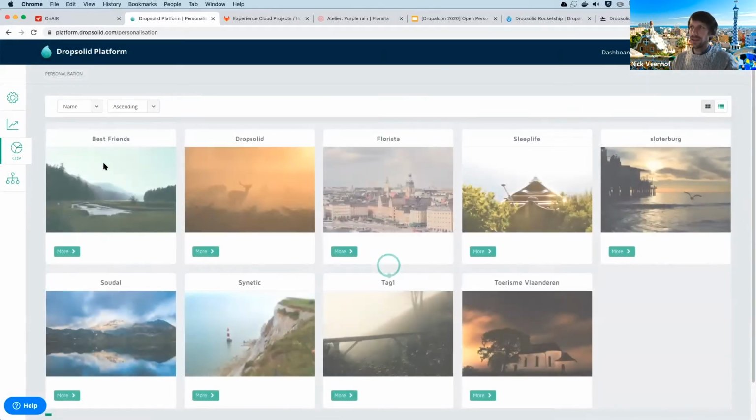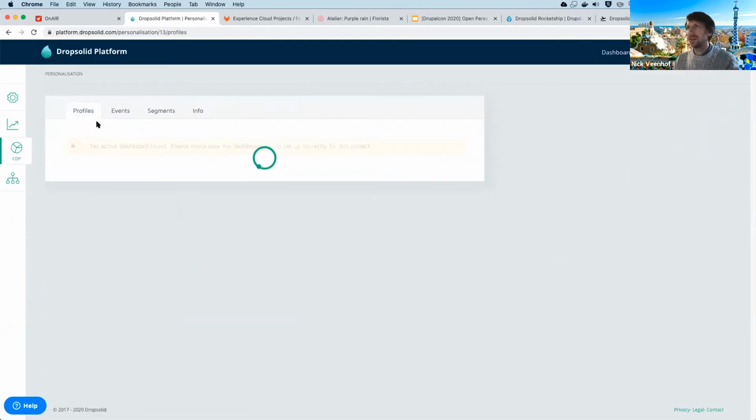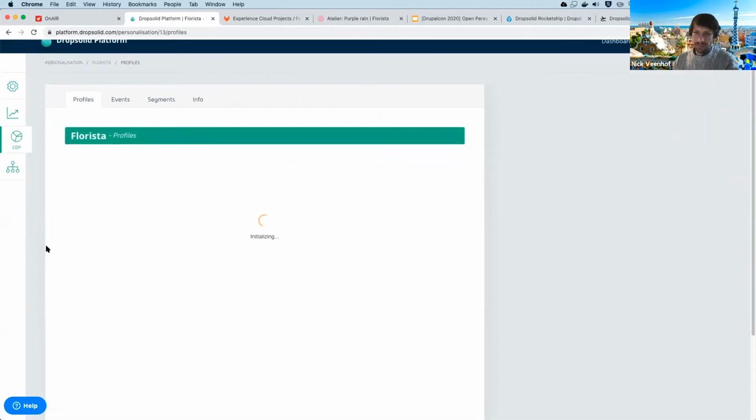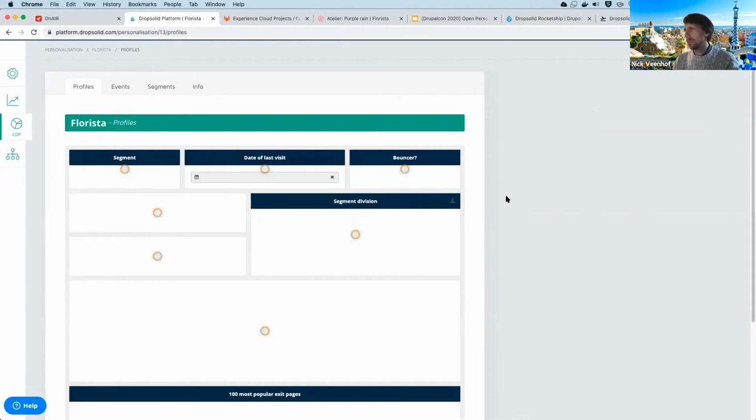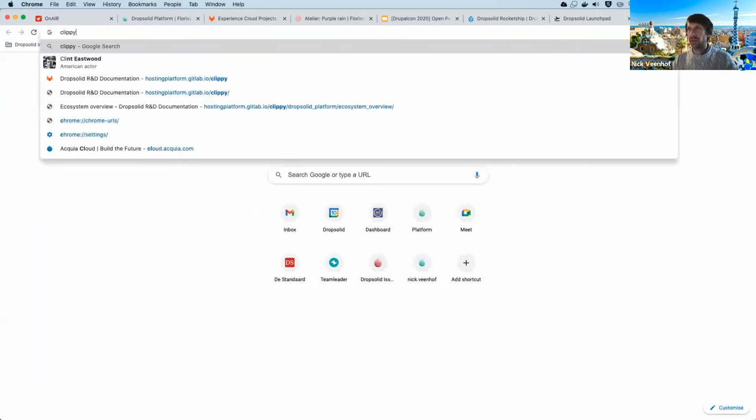Also, this demo site has Apache Unomi, and I have the project here. And I can see this is an interface for Apache Unomi that we have in the Dropsolid Experience platform, but ultimately it's an Apache project, so it's a Java project. And behind that, as a database, it's using Elasticsearch. To give you a bit more overview on the architecture,